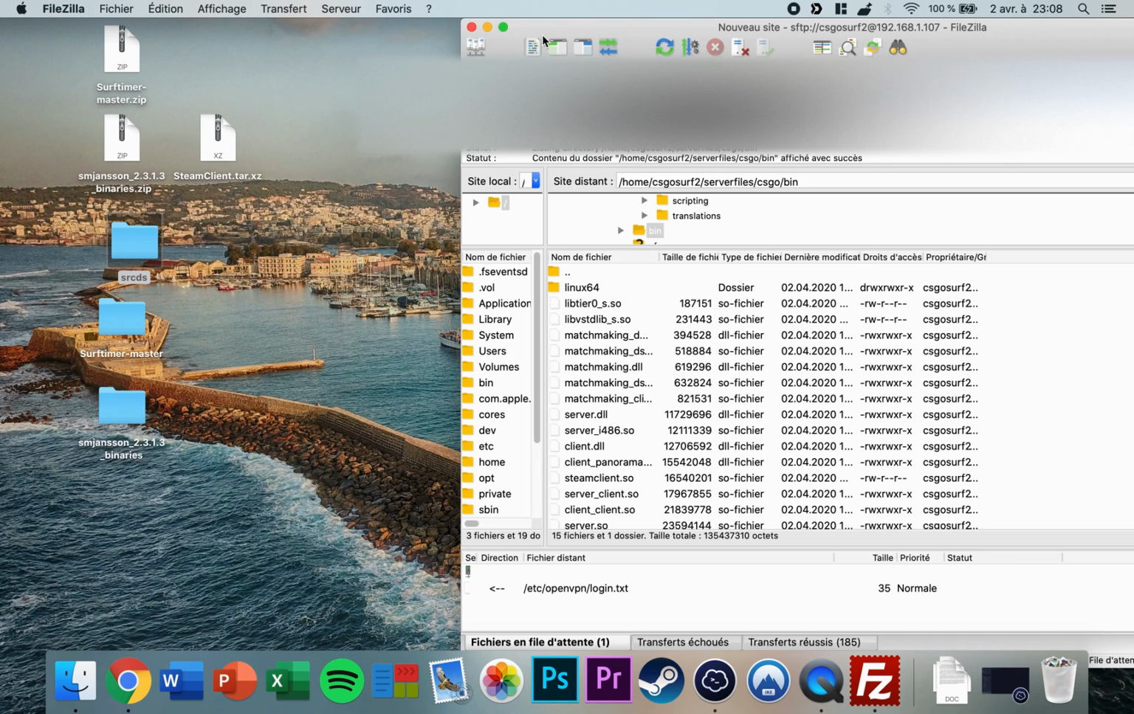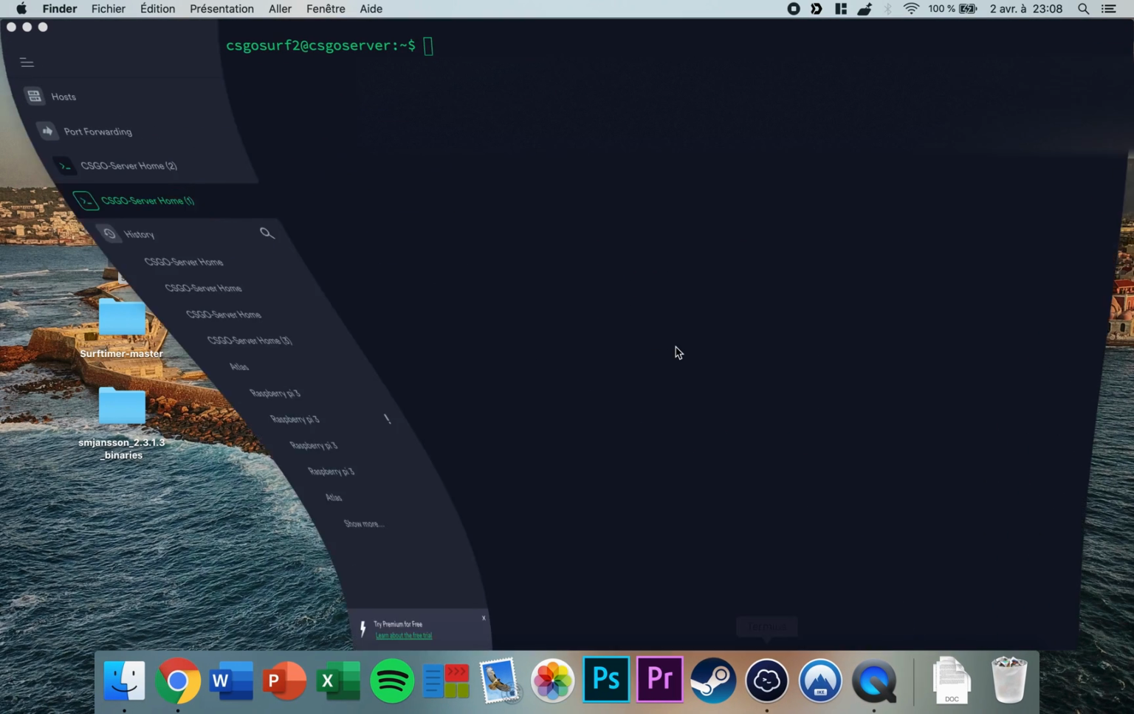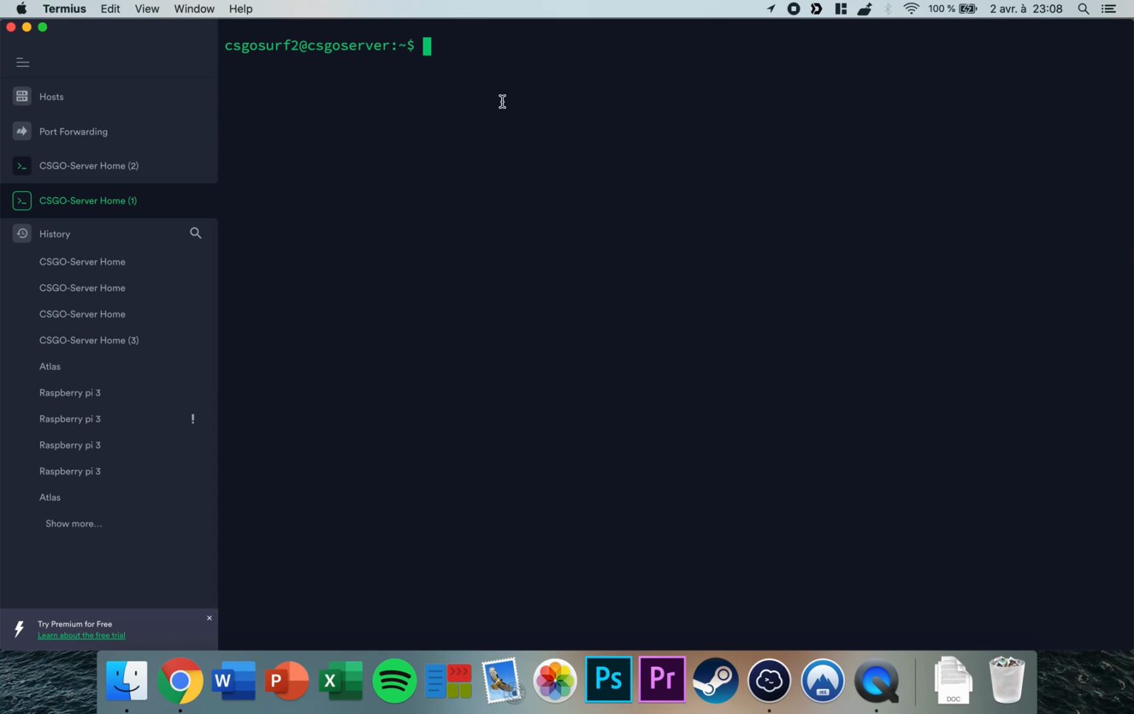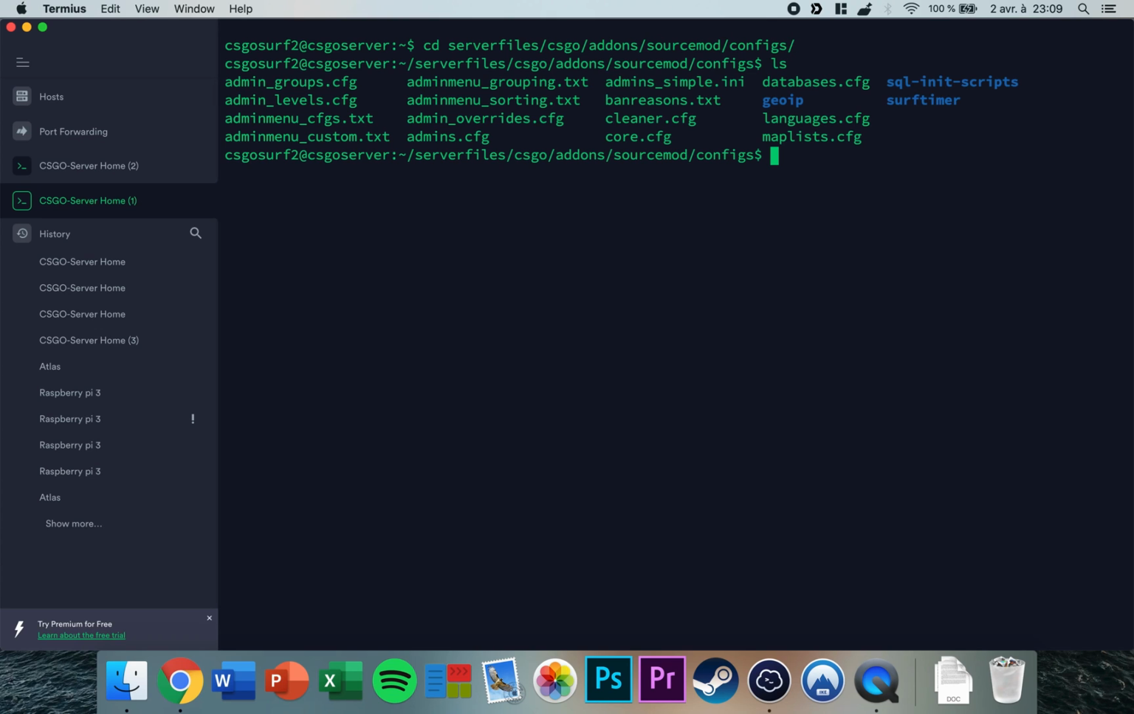Okay, so now that's done, you can close that and then go to Termius, your SSH client, and log in as your CSGO user. So now the next thing we want to do is to configure our database. So you just type cd serverfiles, csgo, addons, then sourcemod and configs, type ls. And what you want to do now is just